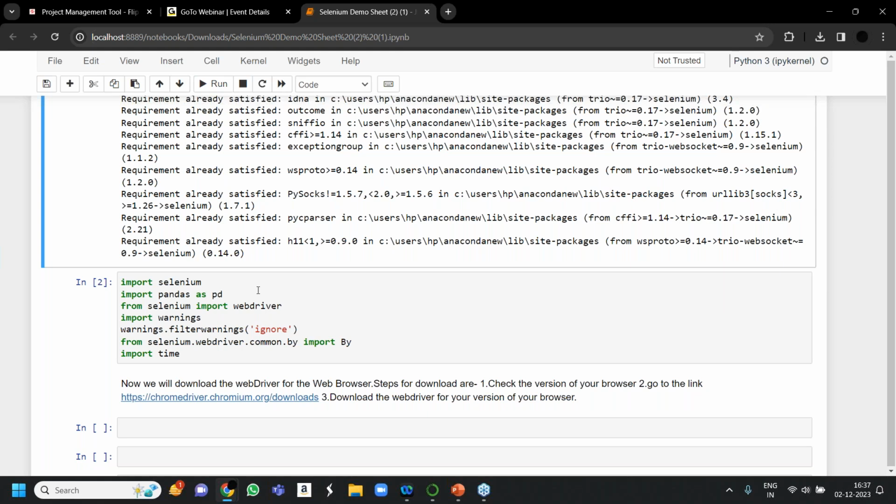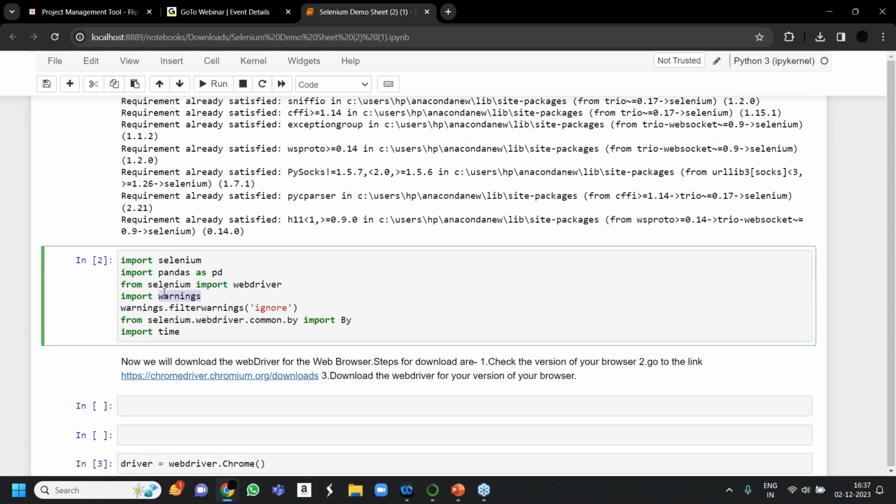It is not of use now, but in some systems, it depends on the configuration settings. In some systems, WebDriver is required, so it's safe. On the safer side, you can import this library. Okay, from Selenium import WebDriver, import warnings. If there is any warning,